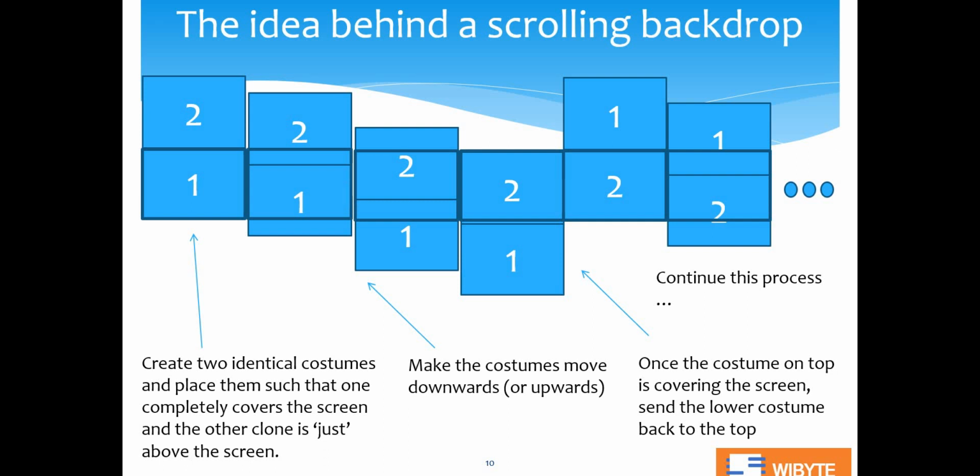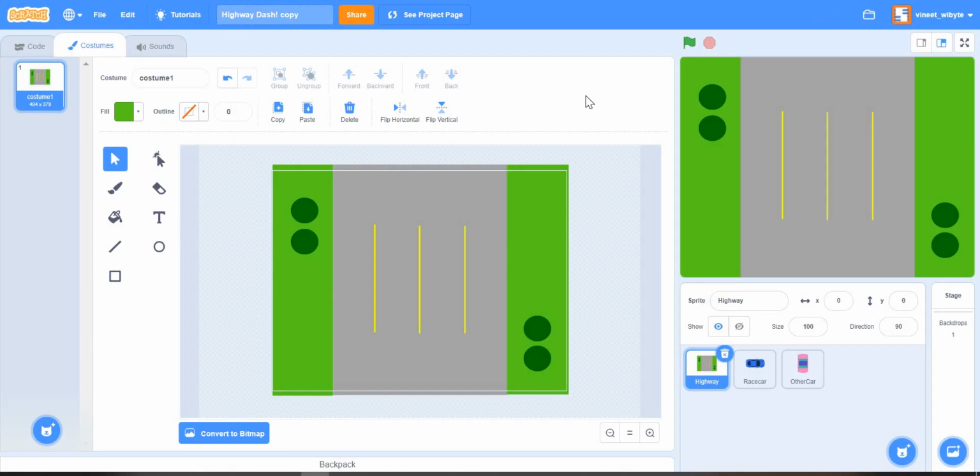So the answer really is, we are going to use cloning. We are going to use cloning to basically create two identical costumes, two identical sprites. Remember, a clone is basically creating a working copy of a sprite. So we will create two copies of a single sprite, in this case the highway sprite, whatever we want to scroll, we are going to create a backdrop, of which we create two clones, and they will take the role of this 1 and 2. And they will be moving continuously. Once they reach the bottom, they will go back up on top. So that's the whole idea. Now let's see how we can do this in reality.